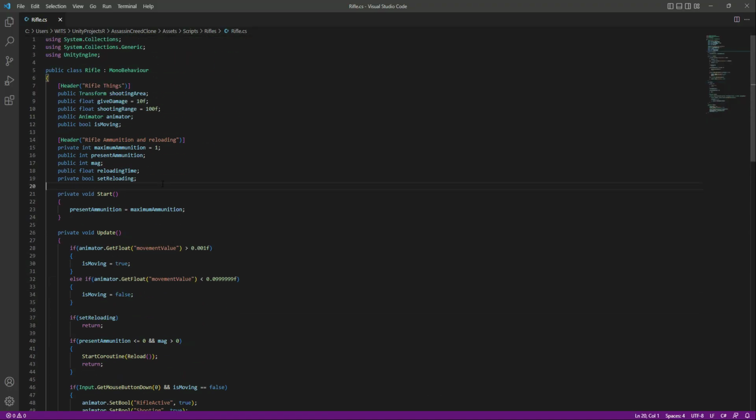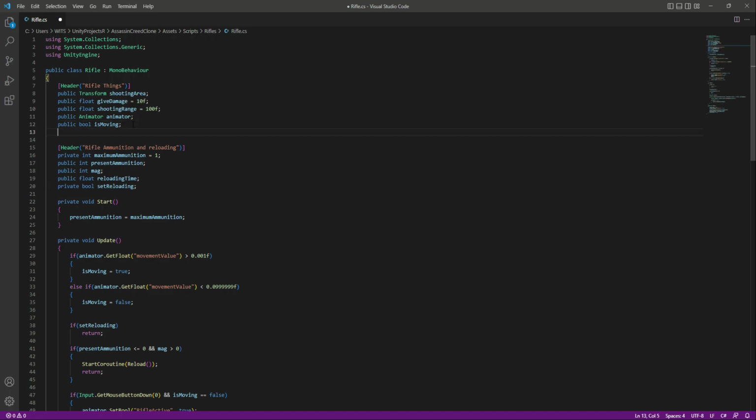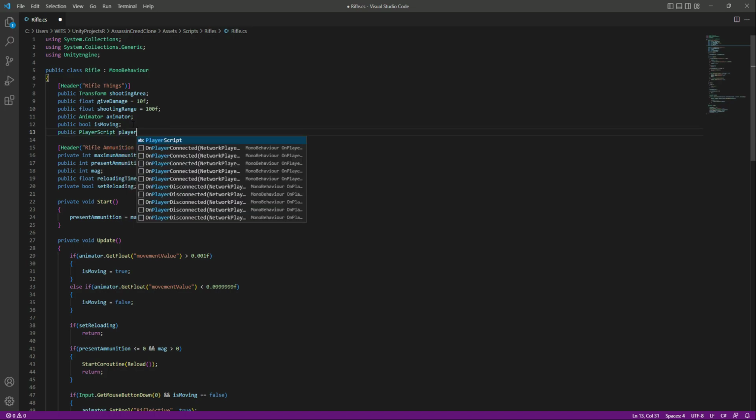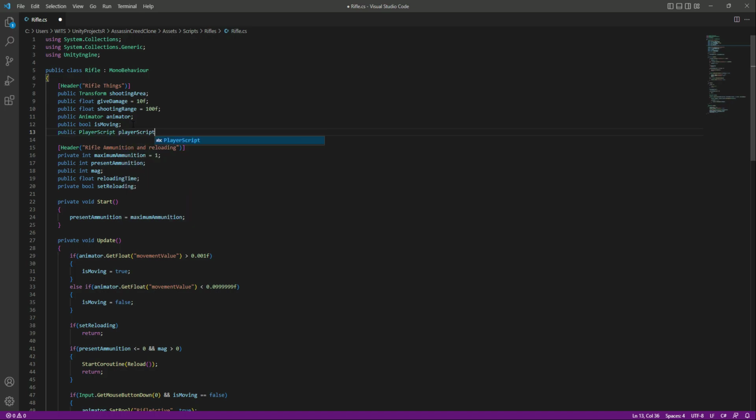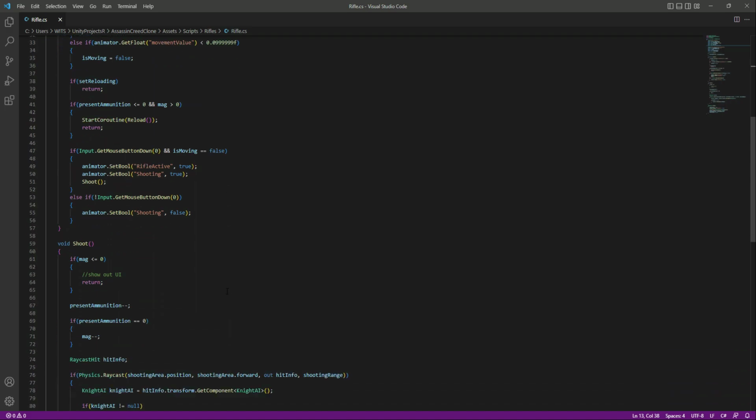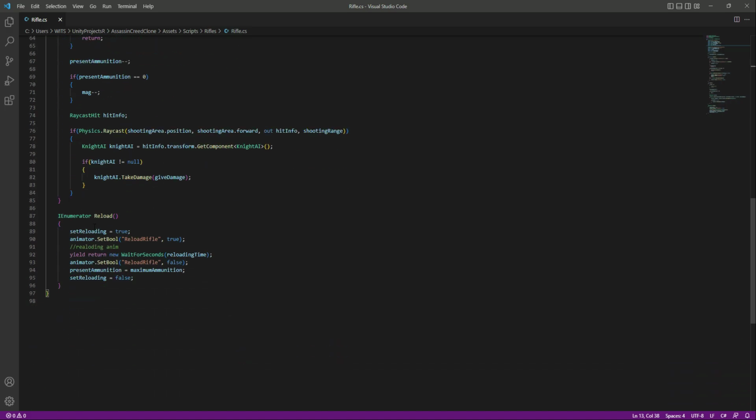Right here at the top, let's do it after this bool, which is moving. Right here we will create a reference to our player script. Okay, so we will say public Player script, and let's name this player script as well, but in player the p will be small. Okay, then if we scroll down right here to the reload method,